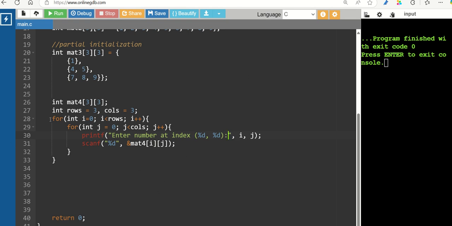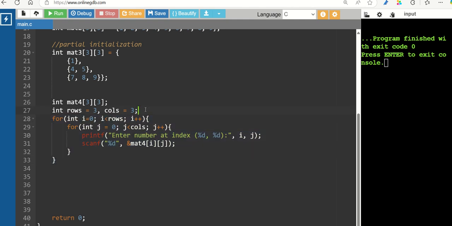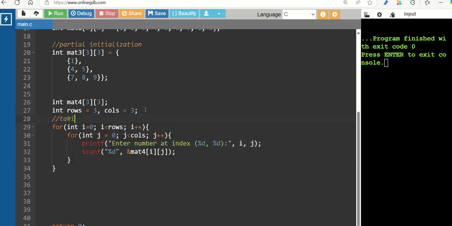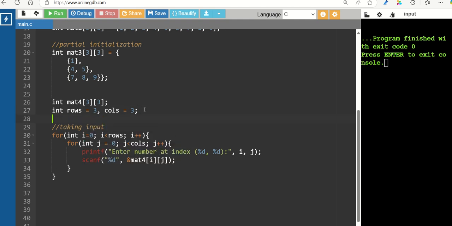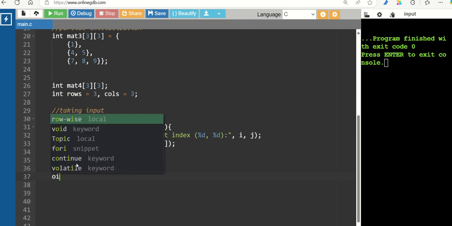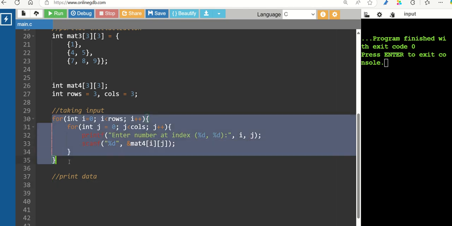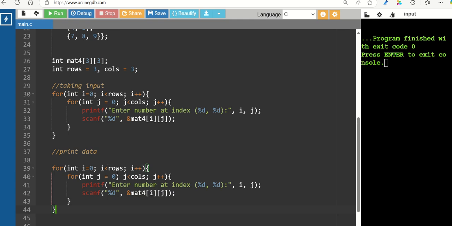Once we get this input, we need to print it. This is just for taking input. This is a dynamic way you can initialize a matrix or 2D array. And now we're going to print the data. Sorry, let me paste the for loop. We'll also print in the matrix form,